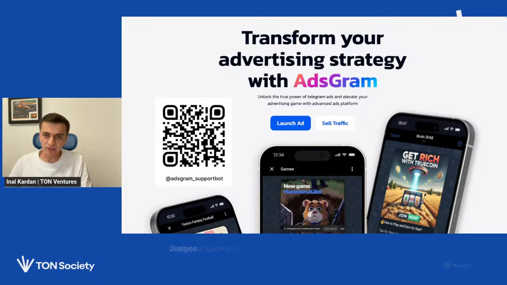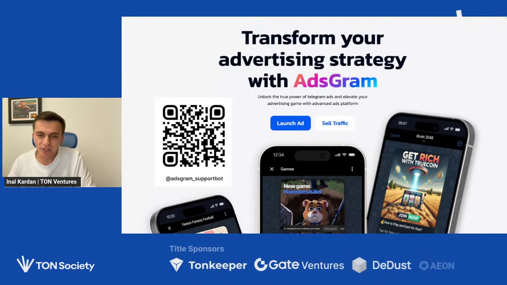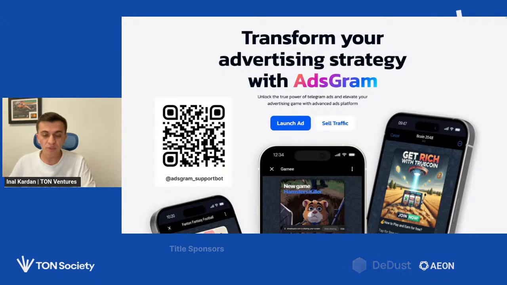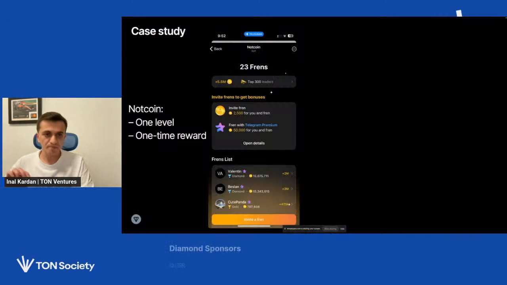You still can just go to your search engine and type Telegram mini apps ad network or ad exchange, and you will find other products too. I don't want to mention them because, to be honest, I do not have enough data about those products, but they also exist. So do not hesitate to try other products too, like T-Ads or OpenAD. The products are kind of similar, and the audience is going to be kind of similar as well. So the others are OpenAD and T-Ads, if we speak about the biggest products.